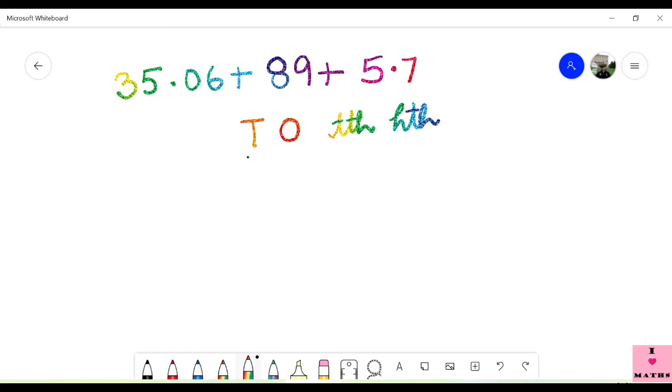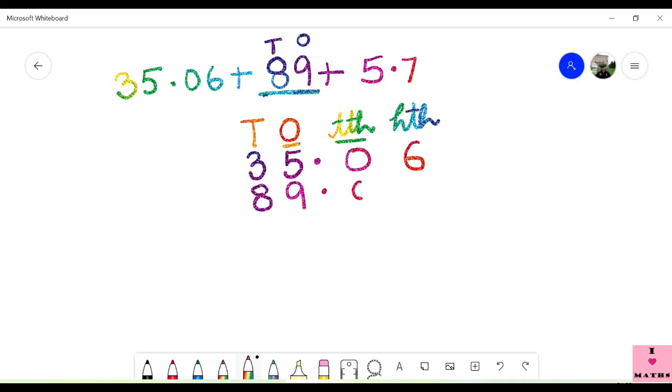So the first number we will write like this, 35.06. Children, you have to remember that the point will come between the ones and the tenth place. Now the next number is 89. You cannot see any point here in number 89. 9 is at the ones place and 8 is at the tens place. So we will write 89 here